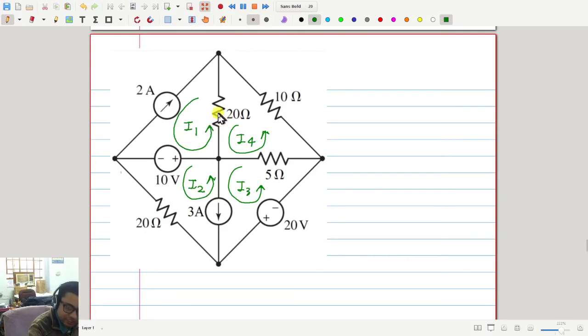Now, if this is I1 and this is I4, we can take a current direction which is opposite to the current source also. I mean, opposite to the direction indicated by the current source. Yes, no problem. You can take it. But by the definition of a current source, it doesn't always maintain that same direction. So what will happen? This will be a negative current, and the answer will also come out negative. Okay, so then this current will become how much? This will be I4 minus I1.